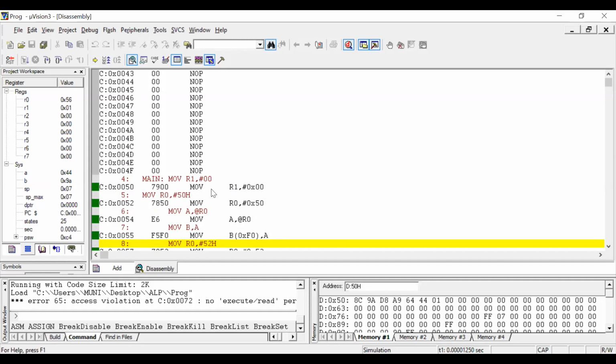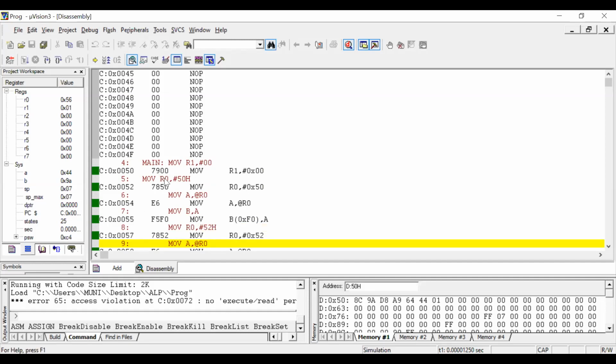This instruction is MOV R1, #00H. Internally, that instruction is a 2-byte instruction, and 79 is the machine code for this instruction. The 00 value is the operand. It is a 2-byte instruction that occupies 50H and 51H. The next instruction is at 52, the next at 54, the next at 55.